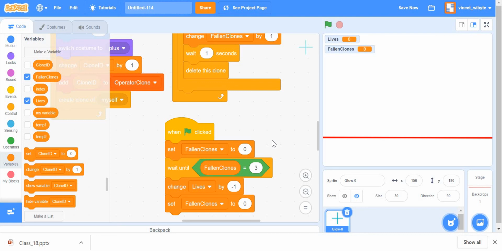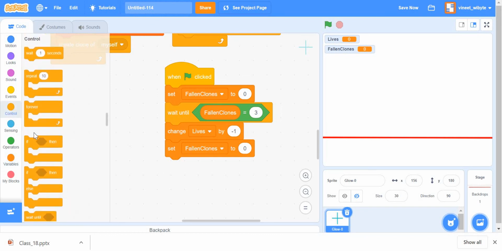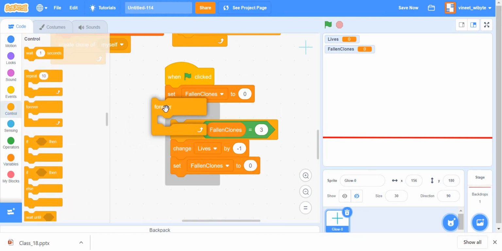In fact, what I also need to do is to put this entire thing inside a forever, right? And the reason is that remember, the fallen clones is becoming like a counter which is going from 0 to 3 for every question falling down. So once the question falls down, I make it back to 0 again, right? So when it becomes 3, I immediately make it 0 again, so that it goes from 0, then again 1, 2, 3, then 0, right?